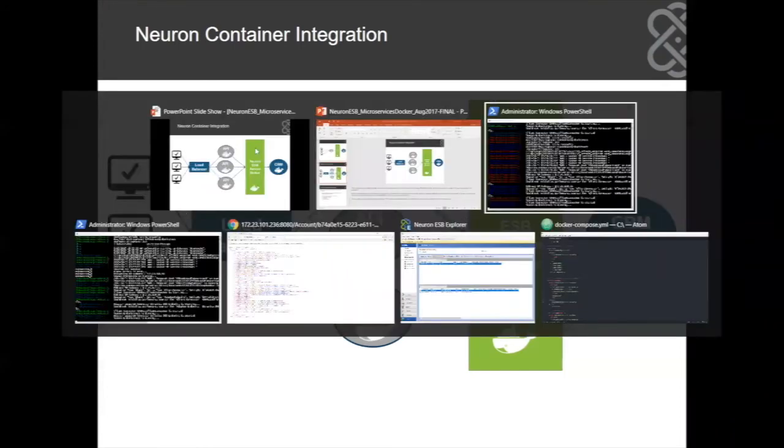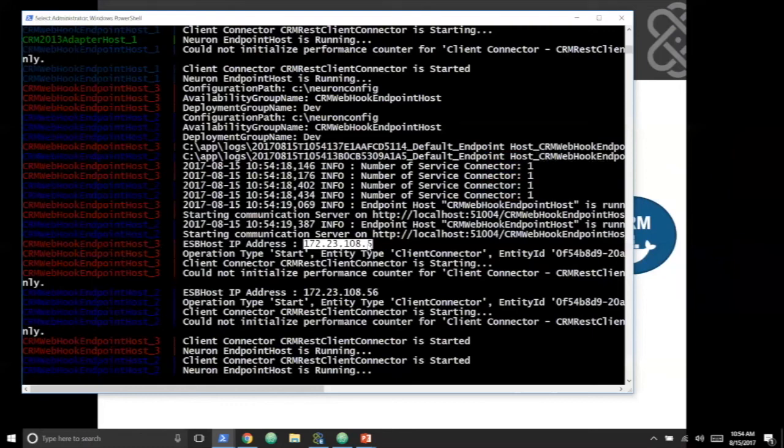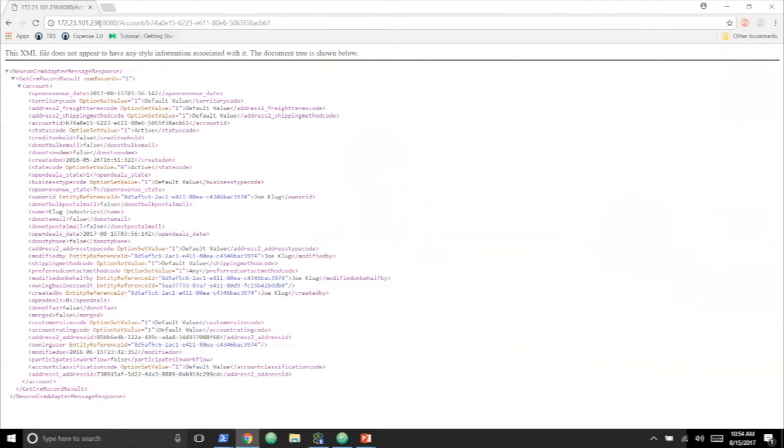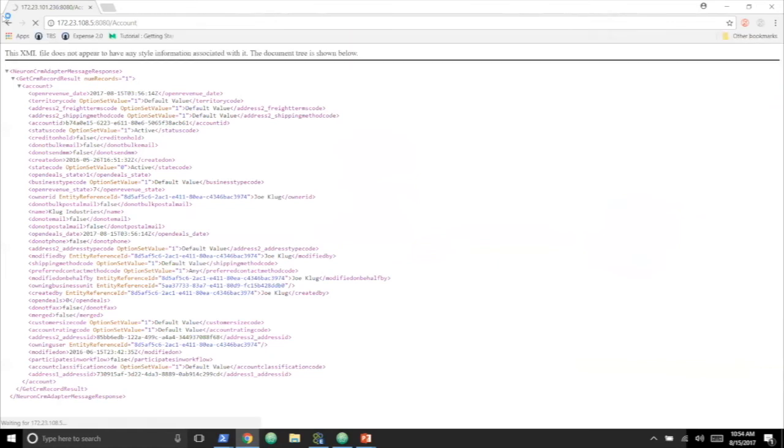And I can show you in action how you can hit these different APIs using IP address. So I'm going into the 3rd instance of it, and I can paste this and just run an account. I'm just going to call an account API. And it's basically running, right? So it's created 3 instances of it, and all of this is up and running, and I can hit against all of these APIs. If I have a load balancer in front of it, I could use a round robin policy and a bunch of different policies in order to make sure that my capacity is being used at its full capability. So in case an unexpected crash happens with my API or adapter, it will only affect the container which is causing the problem, not the entire system.